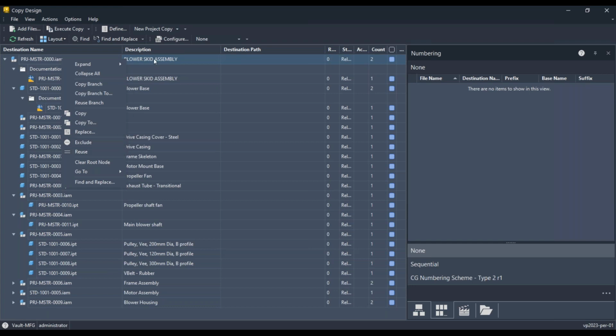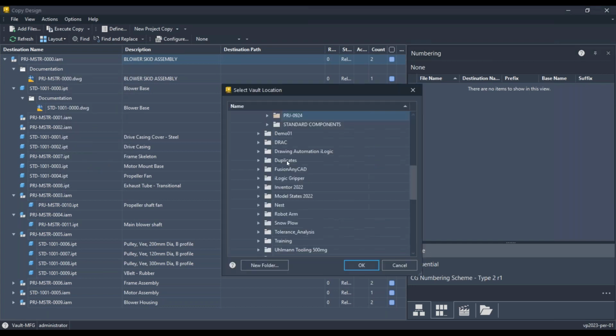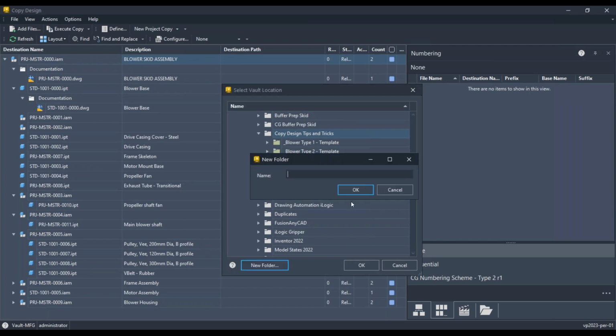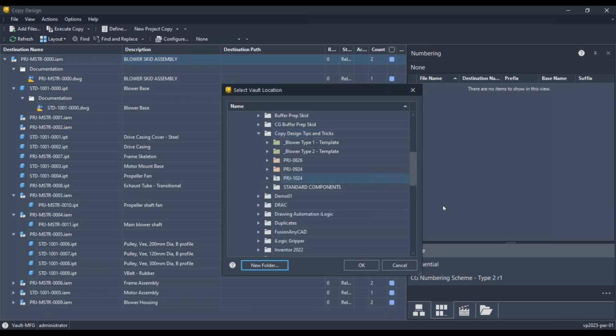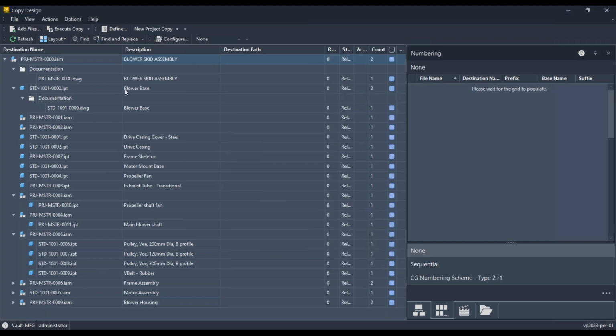So for this particular example, I'm going to go copy branch 2, right? And now it's going to ask me to nominate where do you want me to copy this branch. So let's say I'm going to just do it under this folder here, and I'm going to call this PRJ-1024. All right. And what it will do now when I select that and I click OK is that now it's